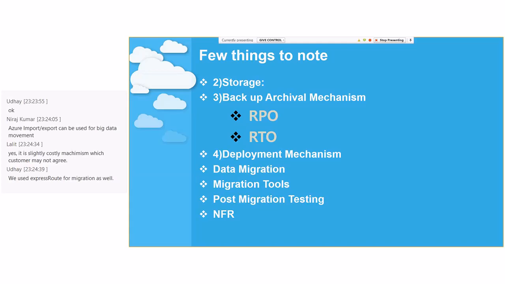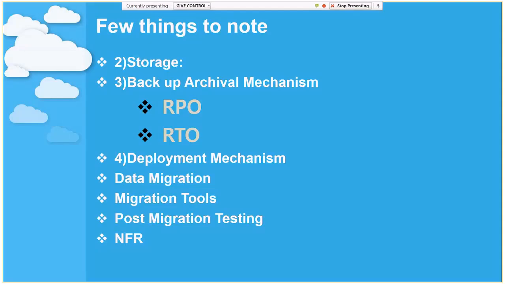I can give an example, a very nice learning which we had. The client had a design architecture principle. They wanted to go with the ARM portal, with ARM scripts. That was the requirement. But we were using Azure Cloud Services, and as we know, Azure Cloud Services is part of the classic portal, and it only supports the ASM model, Azure Service Manager.